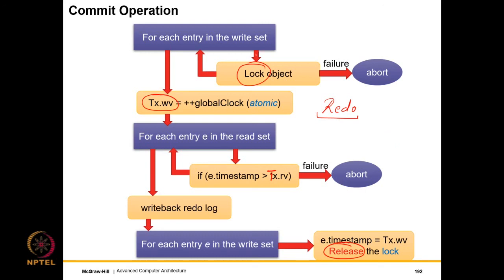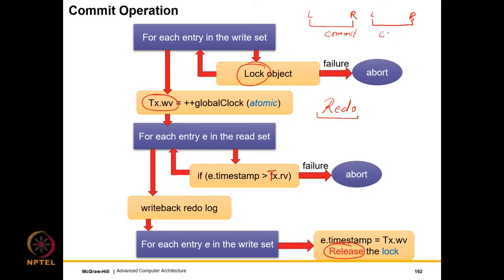But in this case, keep in mind that for the entire duration of the commit, we are essentially locking the entire write set. If there is an overlap and we are trying to write at the same point of time, one of the lock operations will fail, and that's when one of the transactions will abort. If, let's say, two transactions with overlapping write sets are succeeding, it basically means that one transaction commits. So committing means that at the beginning it locks a variable and then it releases. Then the second transaction commits.